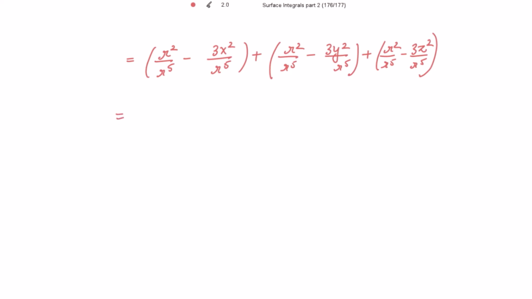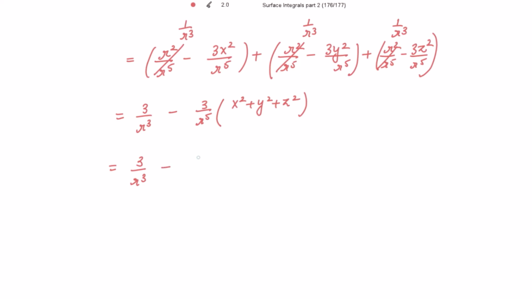So this is nothing but 1 divided by r cube. This is also 1 divided by r cube, and this is also 1 divided by r cube. When adding all these three, we get 3 divided by r cube. And now taking minus 3 divided by r to the power 5 common from the rest of the terms, inside the bracket we get x square plus y square plus z square. So this is equal to 3 divided by r cube minus 3 into r square divided by r to the power 5, for r vector equal to